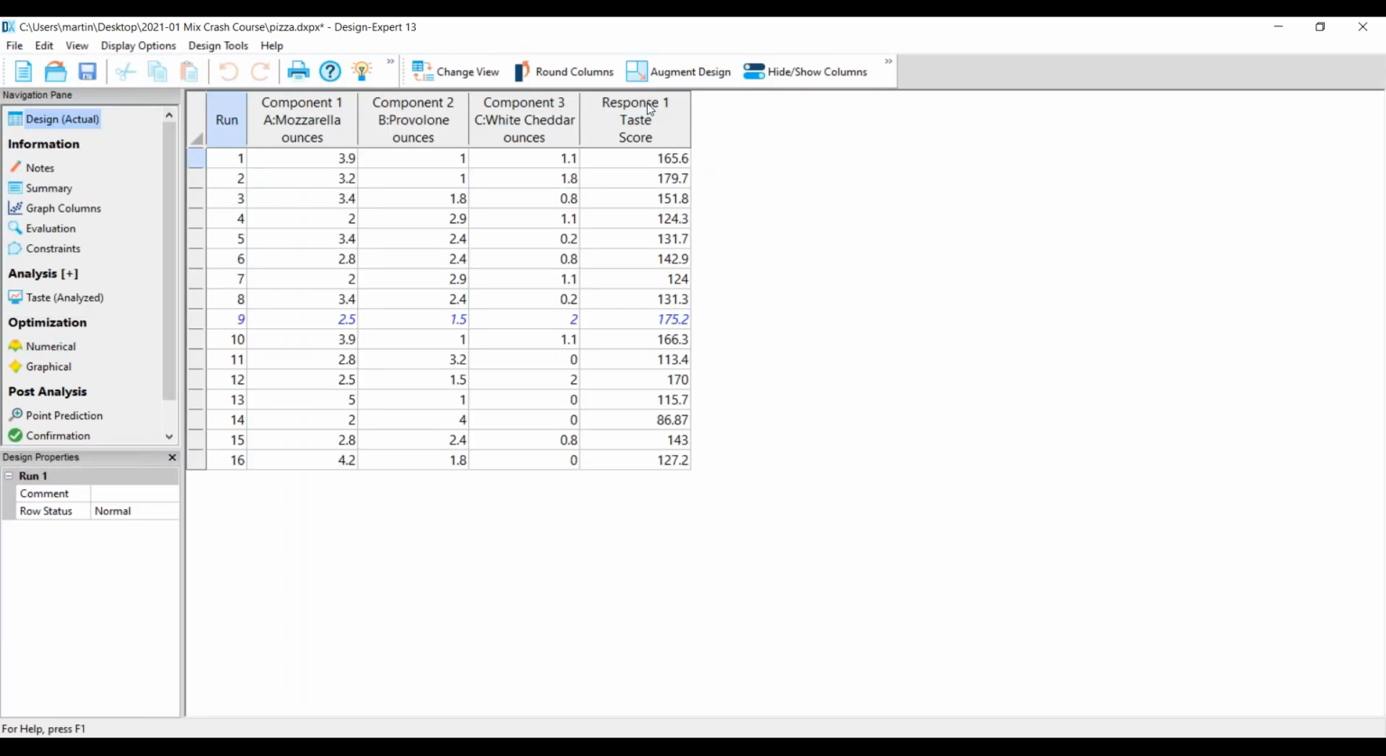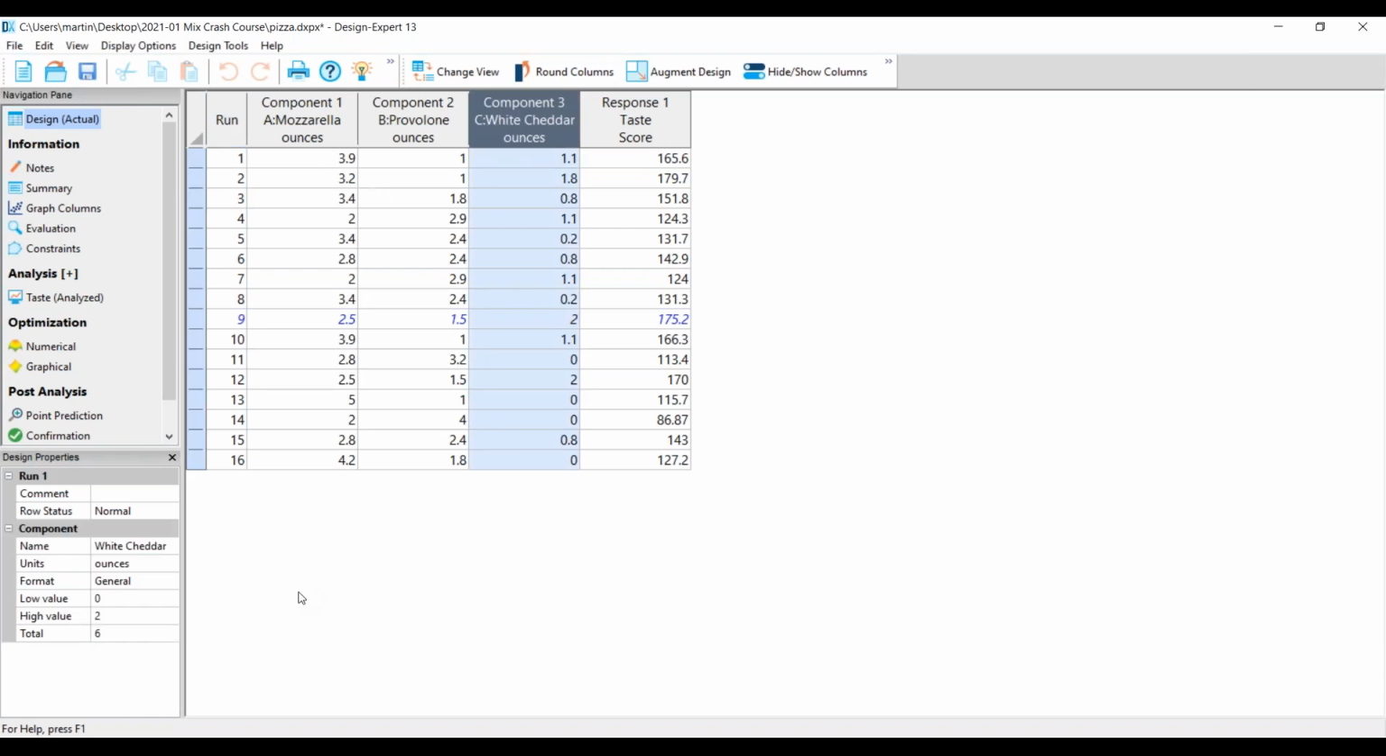And of course, you may have multiple responses: taste, texture, appearance. You may have a cost function where you also want to take into account the cost of the cheeses, because maybe white cheddar is 3 times as expensive as mozzarella, so you might not want to put too much of that in. So there's lots and lots of stuff that we do go into detail in our live web